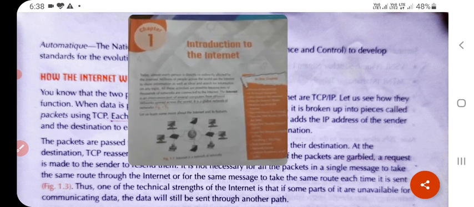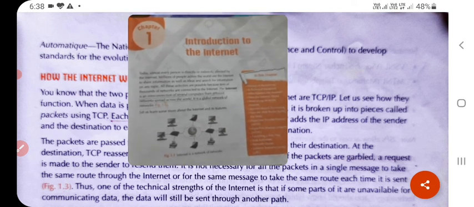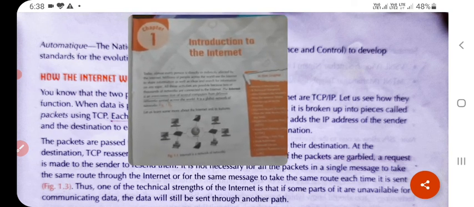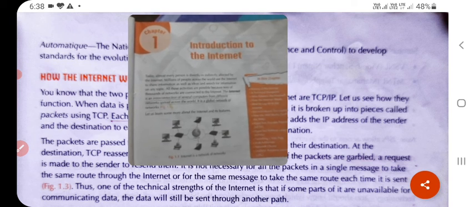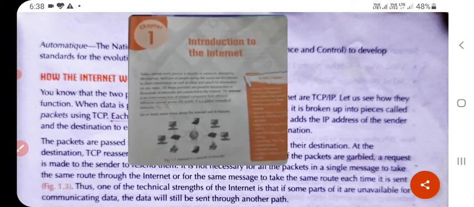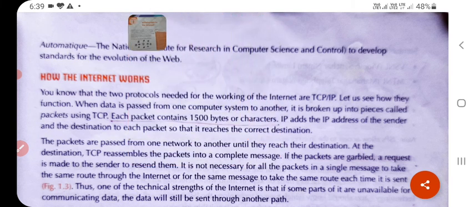On the second day of the class, today we are going to discuss the next topic, which is how the internet works. Before we start the class, let us